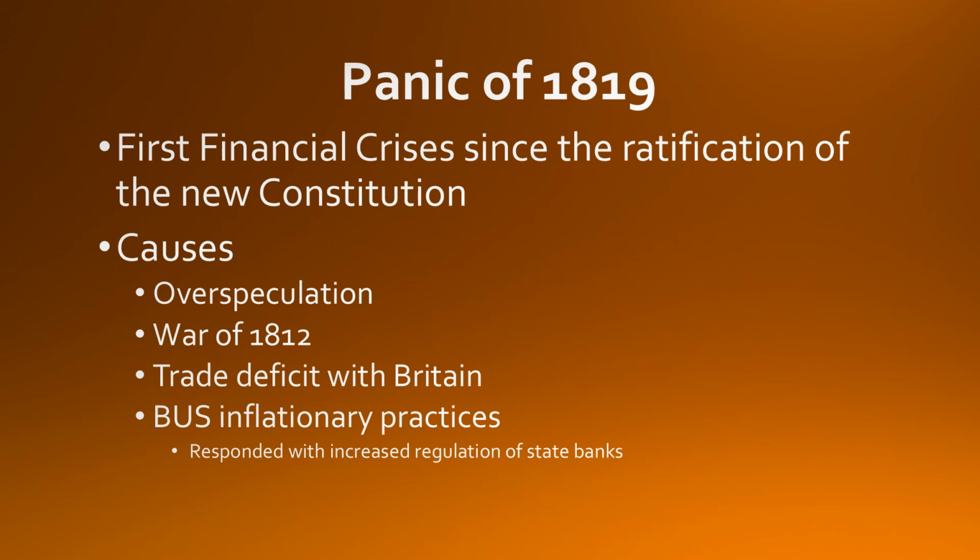encouraged these inflationary practices. However, once the panic ensued in 1819, the bank itself responded with increased regulation of state banks. That's going to force several of these banks, especially in the West, to foreclose on Western farms that couldn't make their mortgage payments. And so, on one hand, it was these lax procedures of the Bank of the U.S. that contributed to this panic, but then there was more resentment towards the bank as these other banks were forced to foreclose on these mortgages and loans that had originated during this period prior to the Era of Good Feeling.